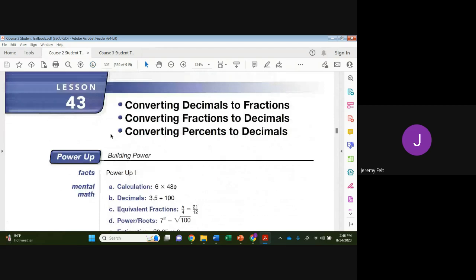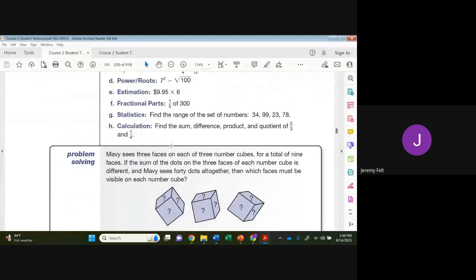All right, and this one, lesson 43, decimals to fractions, fractions to decimals, and percents to decimals. You guys will get very comfortable with fractions, decimals, and percents. Most tests usually have a table where you are given one and you have to find the other two. So you'll get very, very comfortable with converting all of these. So let's take a look at